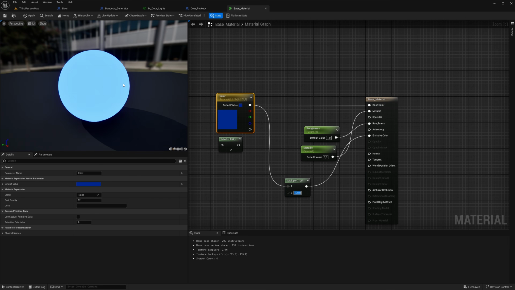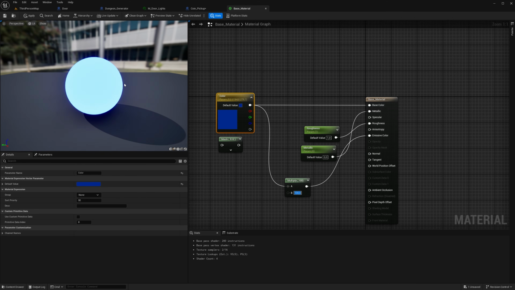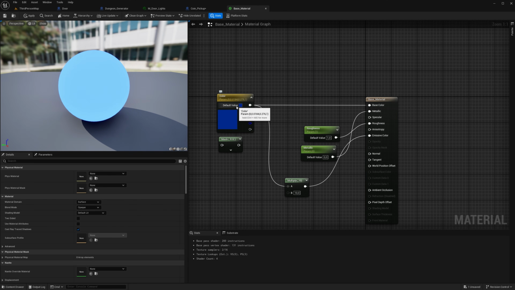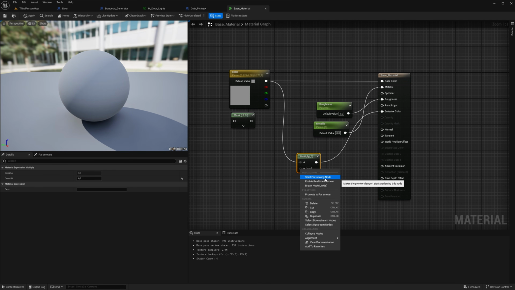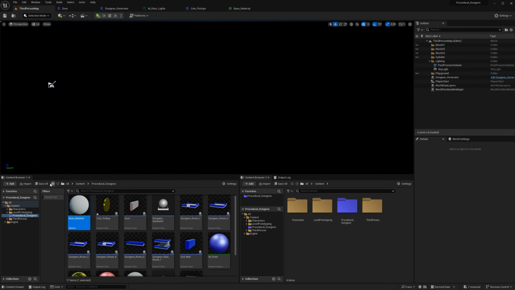100. Yeah, it's hard to see because the viewport is dynamic. It's trying to even out the brightness. Let's just get this back to gray like this and set this to 0. We can right click here on B and say promote to parameter, and we call it Illum, and we apply it and we save it. And let's just check here if everything is as it was before.